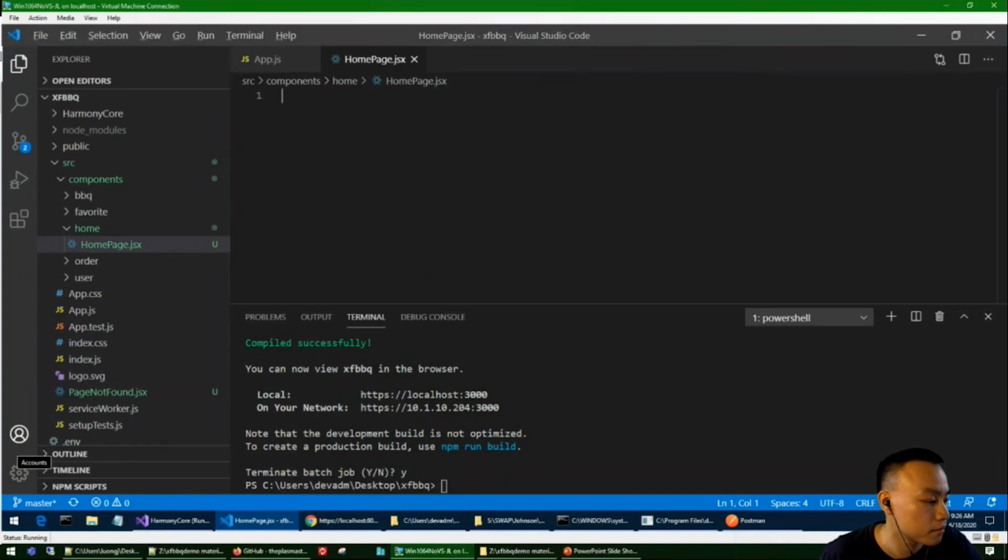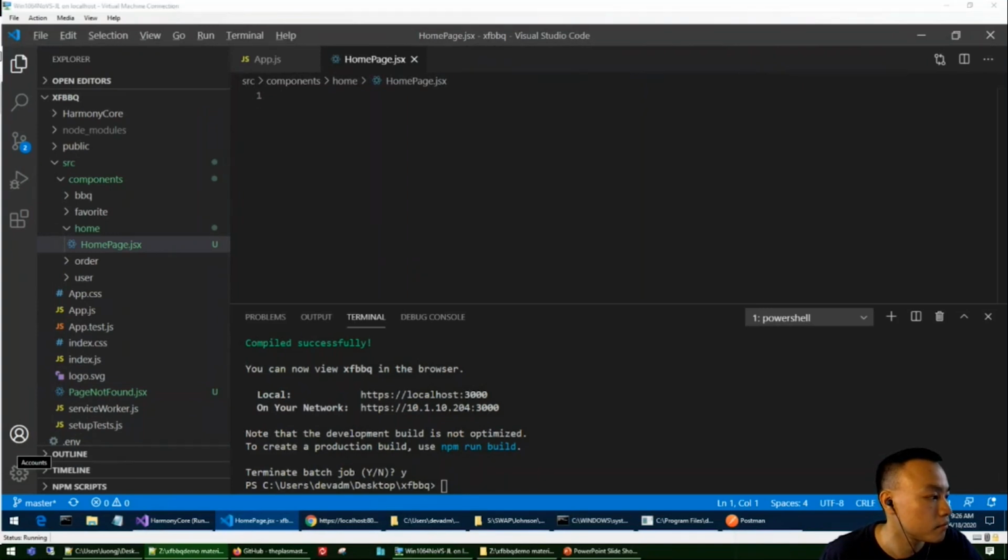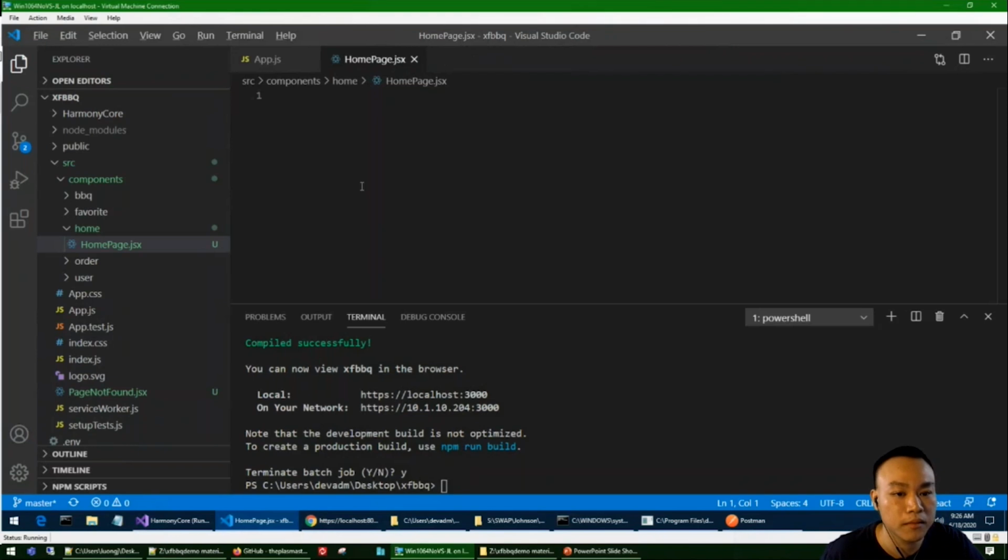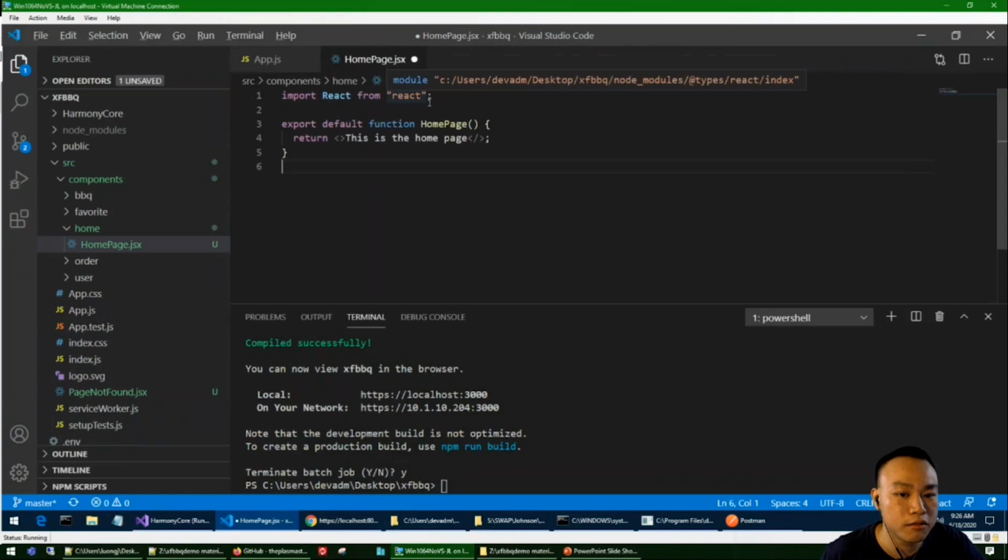homepage.jsx. I'm going to start pasting files in. If you guys have never seen a React file, this is essentially what it looks like. It has this kind of weird syntax that mashes JavaScript in with HTML.